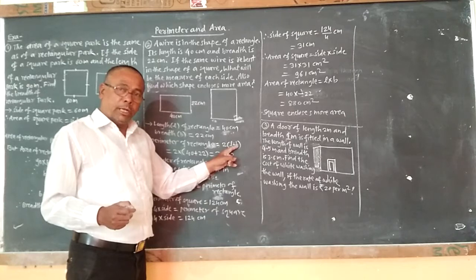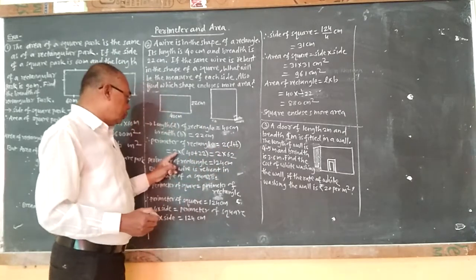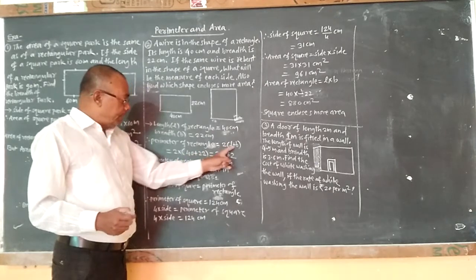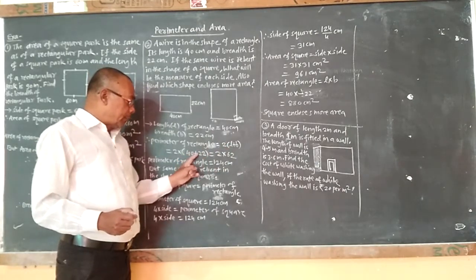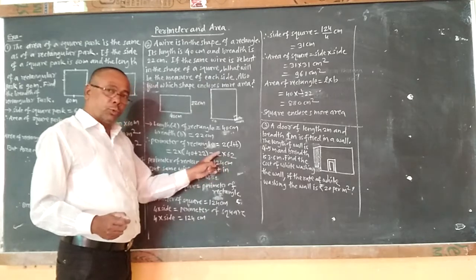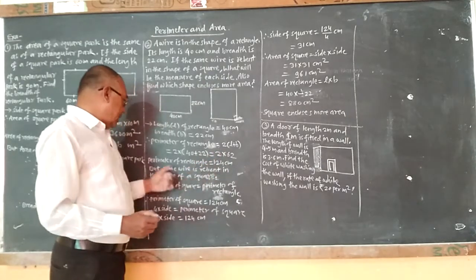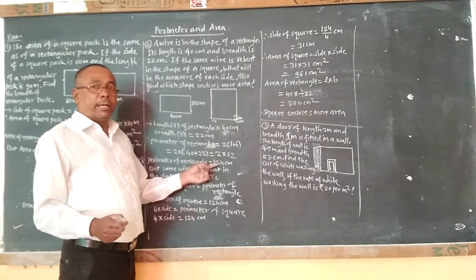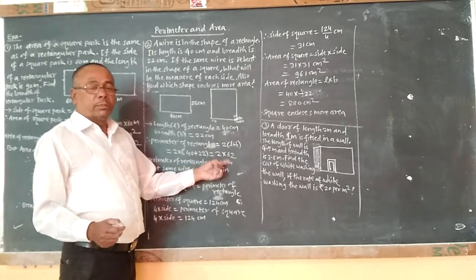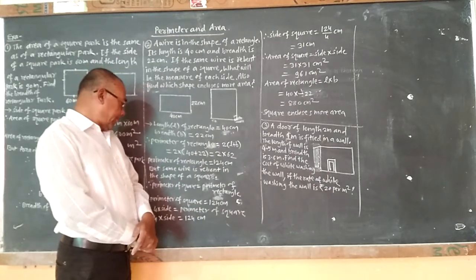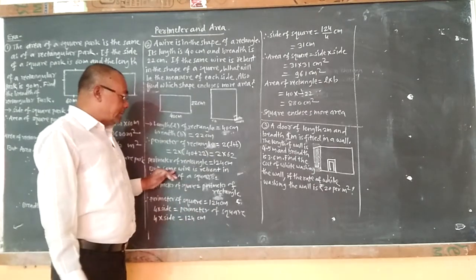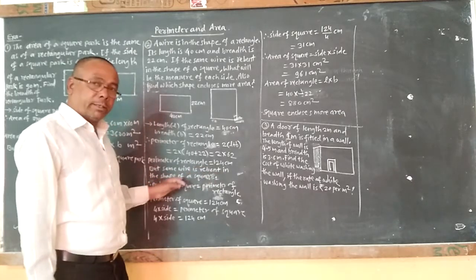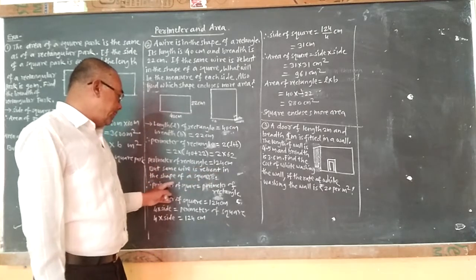2 into (L plus B), that is equal to 2 into (40 plus 22), and 40 plus 22 will be 62. So 2 into 62, and therefore the perimeter of the rectangle is equal to 124 centimeter. Now, the same wire is rebent in the shape of a square, and therefore the perimeter of the square